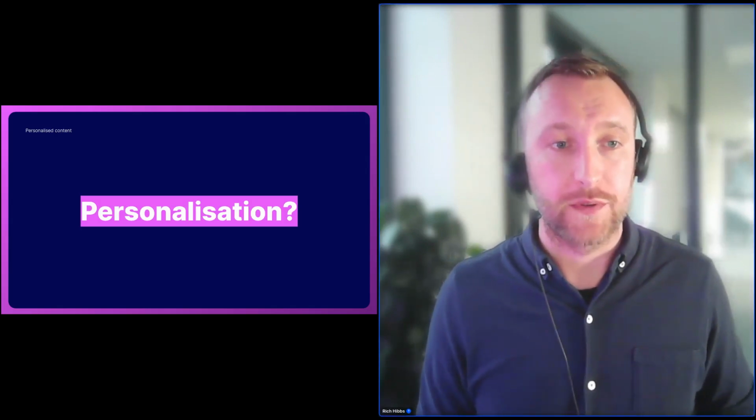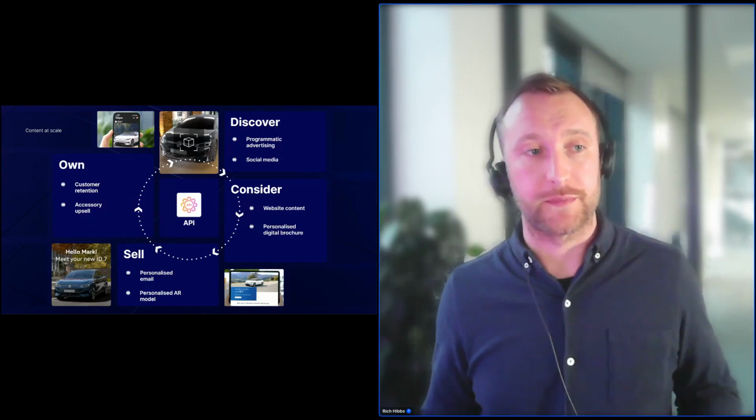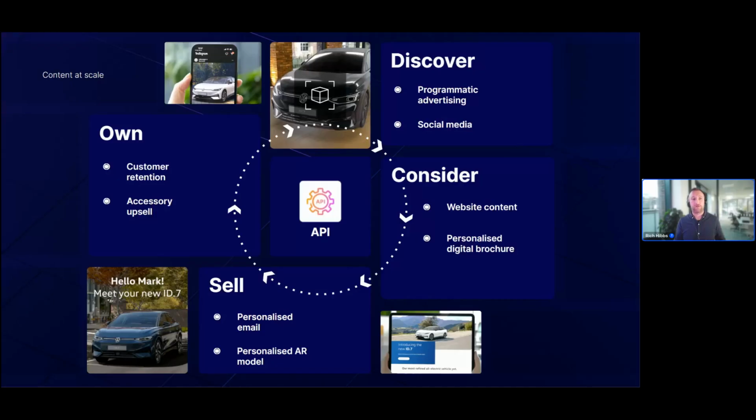So if we go back to the customer journey, what we're saying is that there's not necessarily a right way or a wrong way, or a certain place that you should be adding personalization. We're saying that the more places you can add personalization and have that connected customer journey, the better. And we're saying that the Spotlight Suite platform and its API can provide personalized content at scale through all of these touch points effectively.